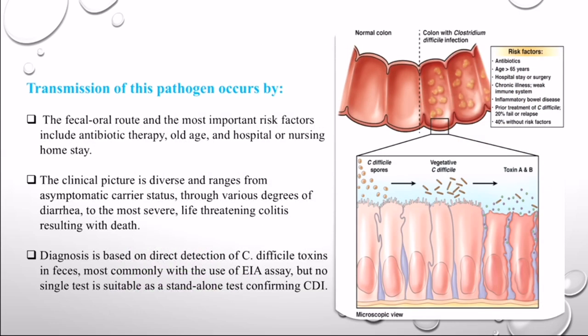Transmission of the pathogen occurs by the fecal-oral route, and the most important risk factors include antibiotic therapy, old age, and hospital or nursing home stay. The clinical picture is diverse and ranges from an asymptomatic carrier state through various degrees of diarrhea to the most severe, life-threatening colitis